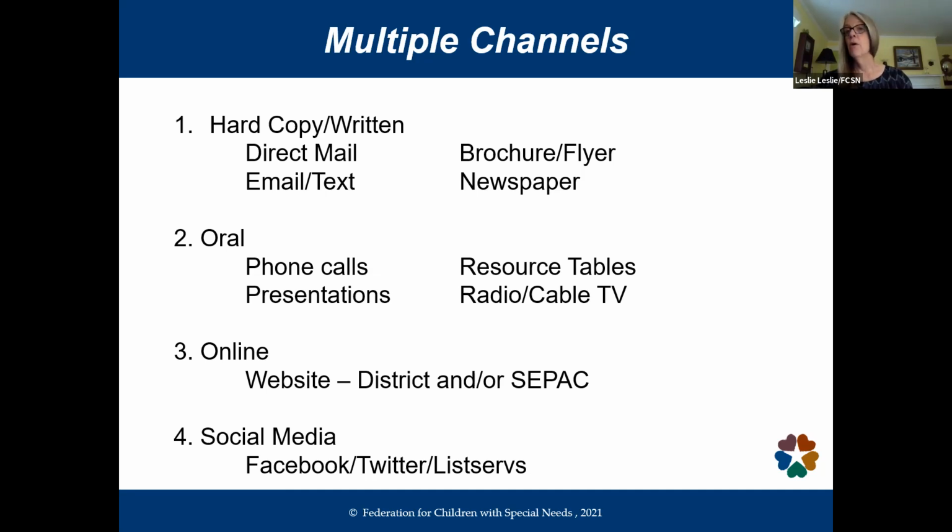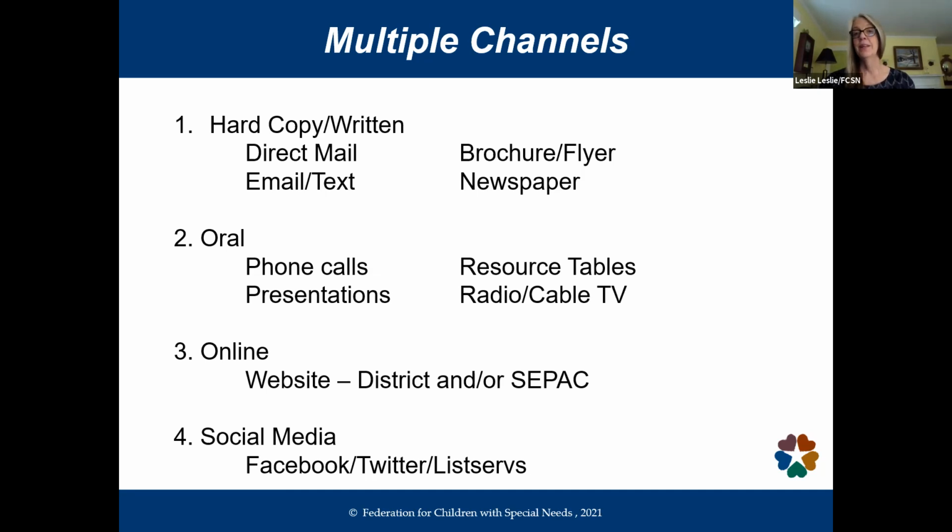So looking at all the different ways that you can send written communication. Text is becoming new for a lot of SEPACs, and whether you want to start to communicate with your members via text messages, it really depends on your needs assessment and whether families have identified that as an effective means of communication. I also like oral communication, that one-on-one connection, whether you make a phone call,